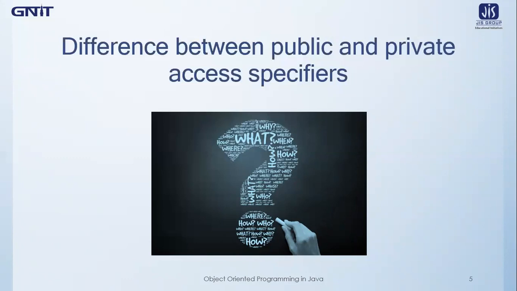Now before going into the detail, let me explain you shortly what are the differences between public and private access specifiers. We all know that an access specifier tells you how to access a particular variable or a method or a class and from where you can access those things. Access specifiers can be placed before a variable or before a method or before a class. Now, if you place public access specifier before those things, then the same things can be accessed from anywhere, from any program that you have written.